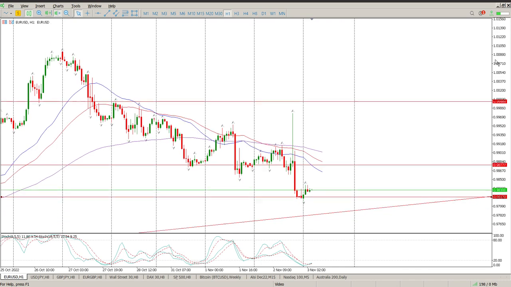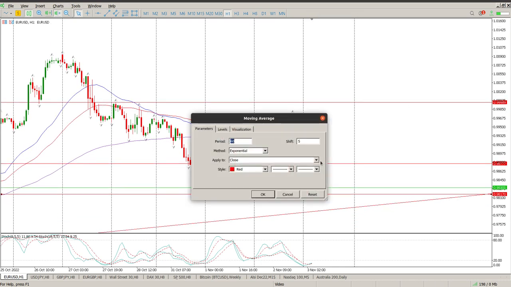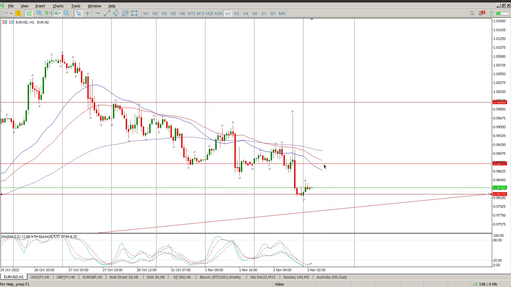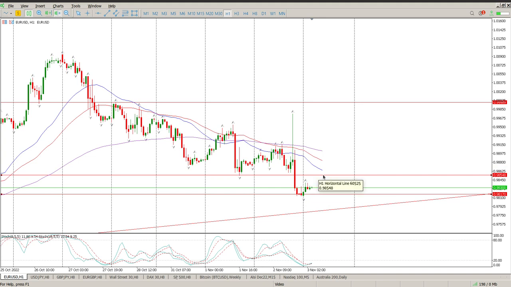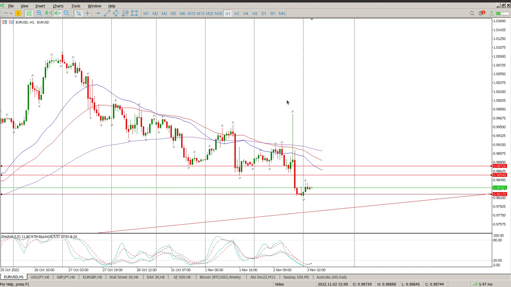For me at the moment, I don't want to be jumping in short here. Just take this level here and line it up there. We'll use this top one. So what we're looking for is a continuation to the downside. That pin bar is quite telling there, and you've got the confirmation bar. So we're looking to be short off